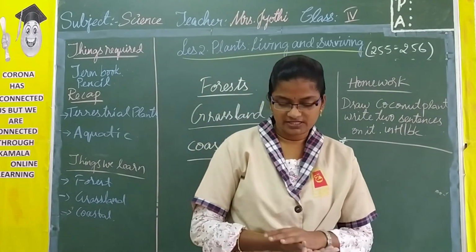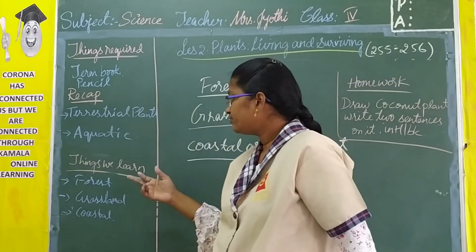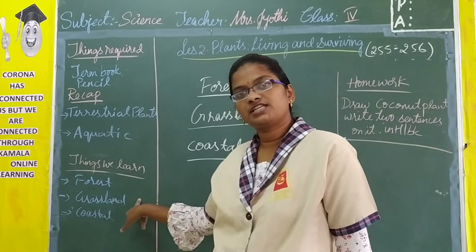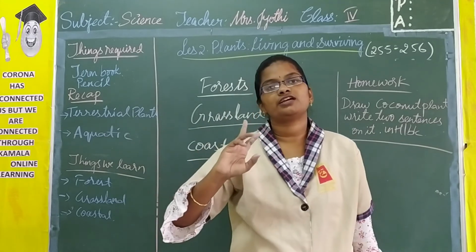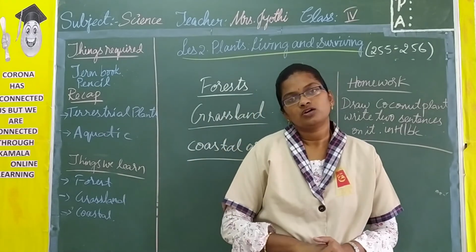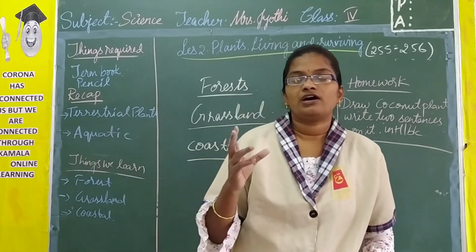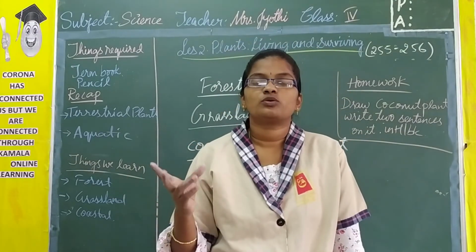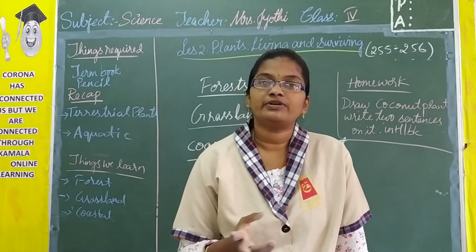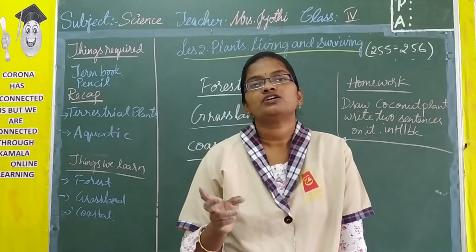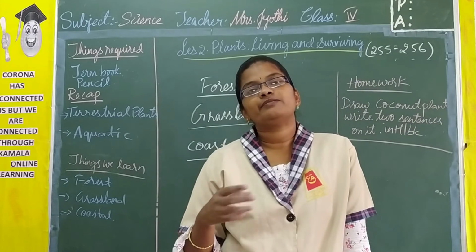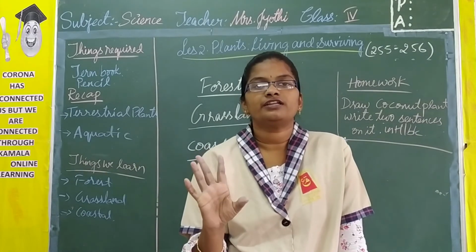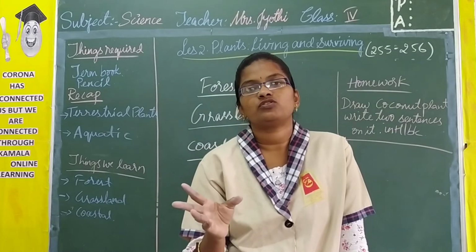Now, let us revise once again. So, today we have learned about the plants which grow in forest, then we have learned about grasslands and coastal areas. So, how the plants are going to grow in coastal areas. A forest is a very big, huge land, where so many varieties of plants and animals live. So these areas will be green every time. Okay, most of the time they are green and we can also call them evergreen.